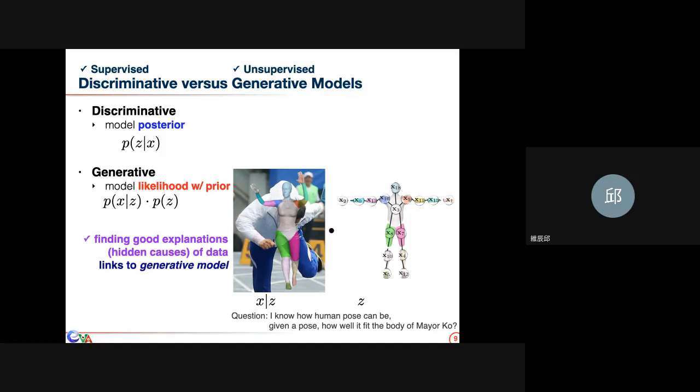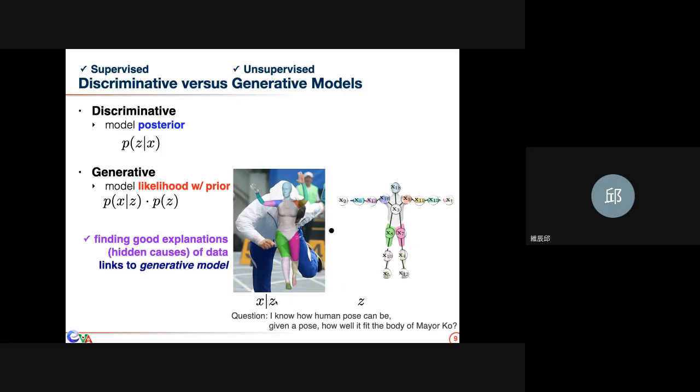And actually they are proportional to each other, right? According to the Bayes theorem, the likelihood is P of X given Z. And the prior here we can take as P of Z. So, for instance, in this example,